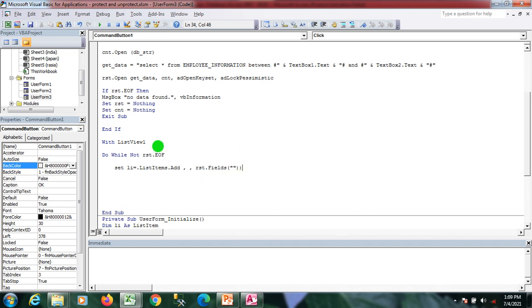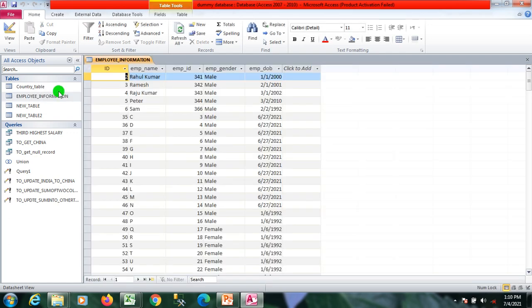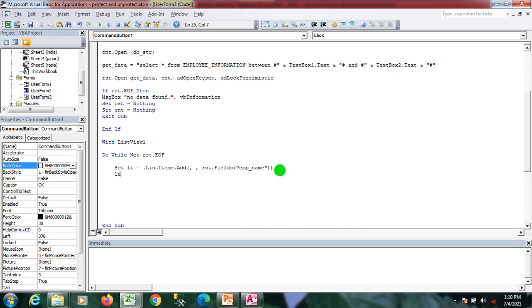I have a field, so here I'm getting the name. This is the first field, and then li.ListSubItems.Add.